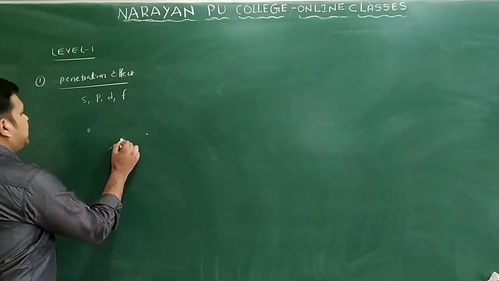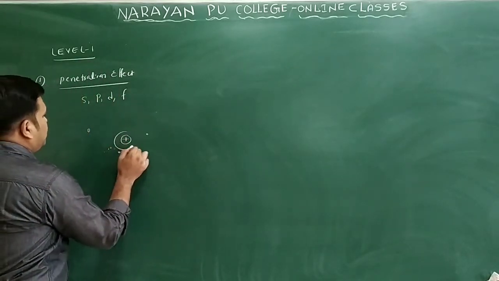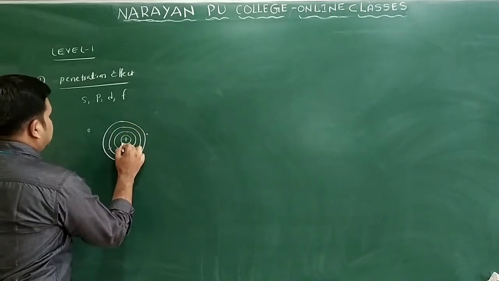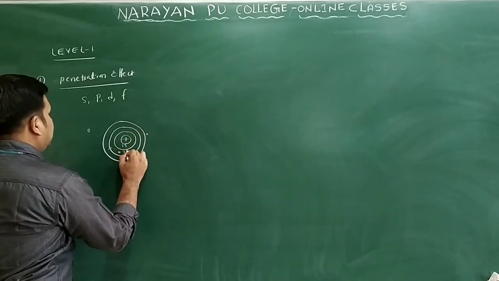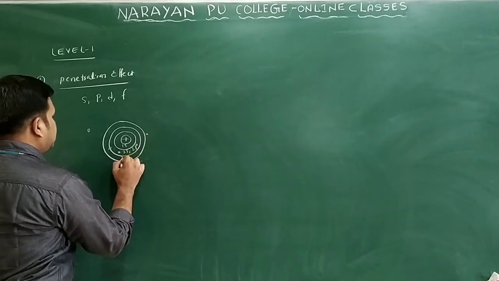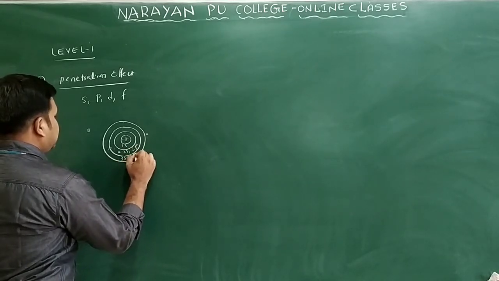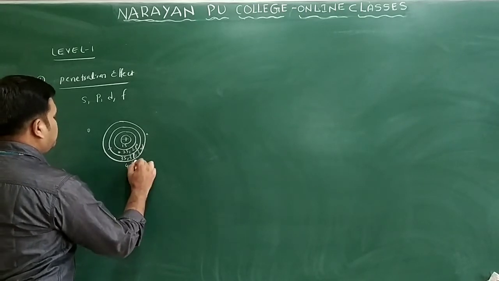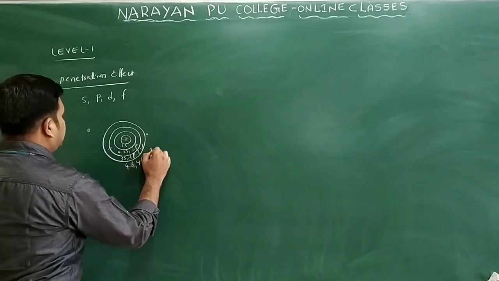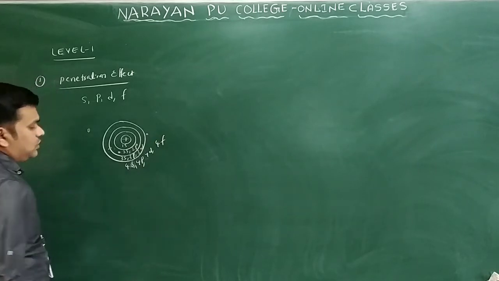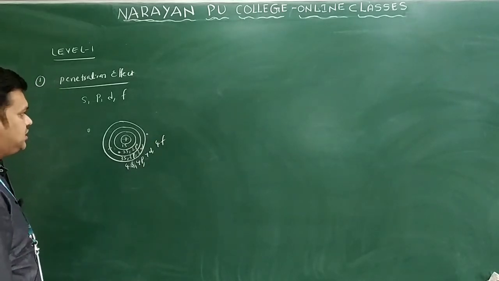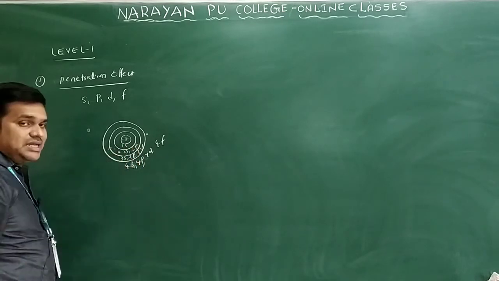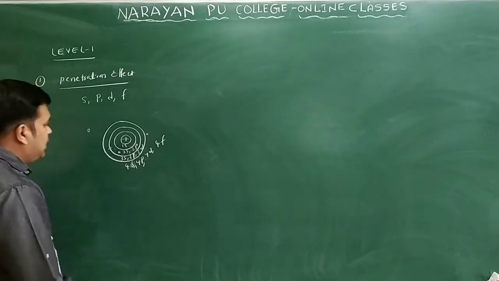If we take the shells here, this is the positive part, the nucleus. Like this I want to draw the different shells. I will write here 1s, then 2s and 2p, and then 3s, 3p, 3d. The fourth shell I will write here 4s, 4p, 4d and 4f. You can see in each shell the orbitals: this is f orbital, this is d orbital, this is p orbital, and this is s orbital, which is very close to the nucleus.